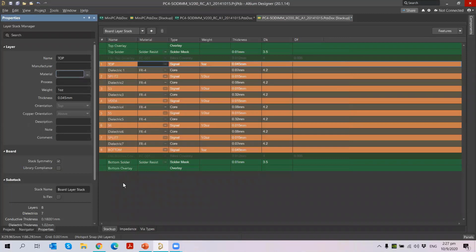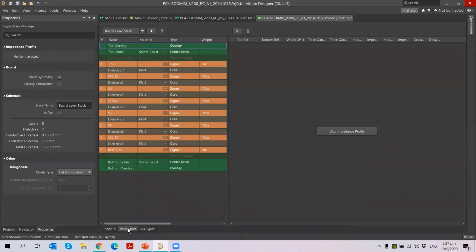Okay, so next going to your impedance profile. We have seen something about your layer stack. We are going to go for impedance profile properties. So I just open my impedance profile. Once I click impedance profile, you will see add impedance profile. The impedance profile is mainly for high speed design. When you're using high speed design and you want to use routing width based on the impedance profile, you can add your impedance profile.